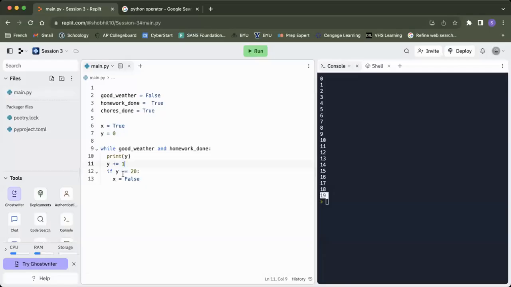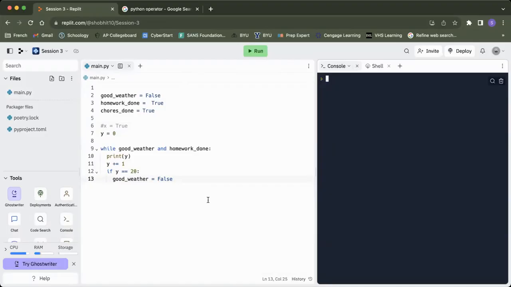Print y and all that. This is good. Now if y equals 20, we're going to do good weather equals false. Same thing, we're not using x anymore, so we can get rid of the x. And then when we run this,